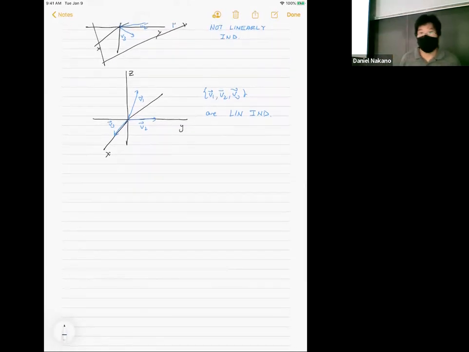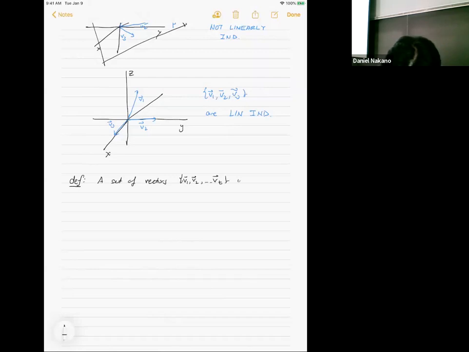All right, so now how do we make this precise? So I gave you a definition last time. So let's recall the definition. So a set of vectors V1, V2, up to Vt, let's say in Rn, is linearly independent. Okay. If and only if,